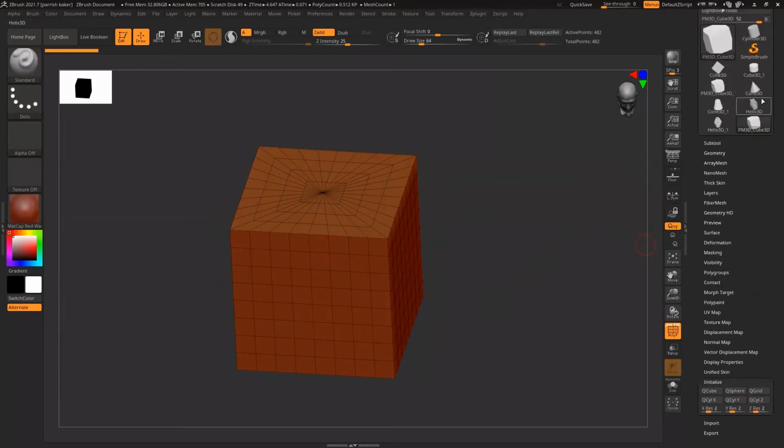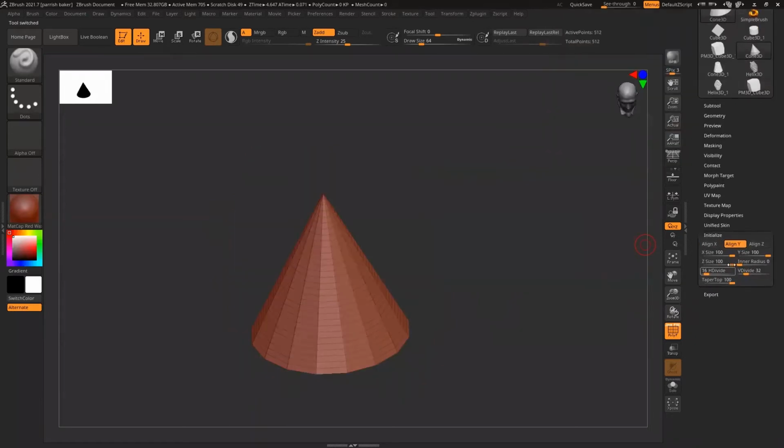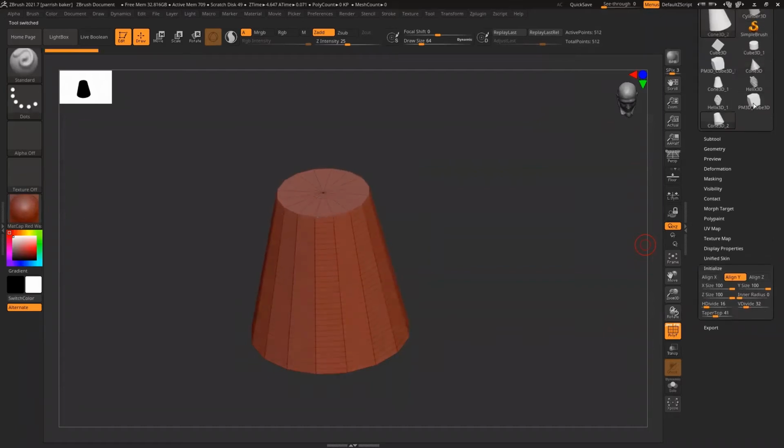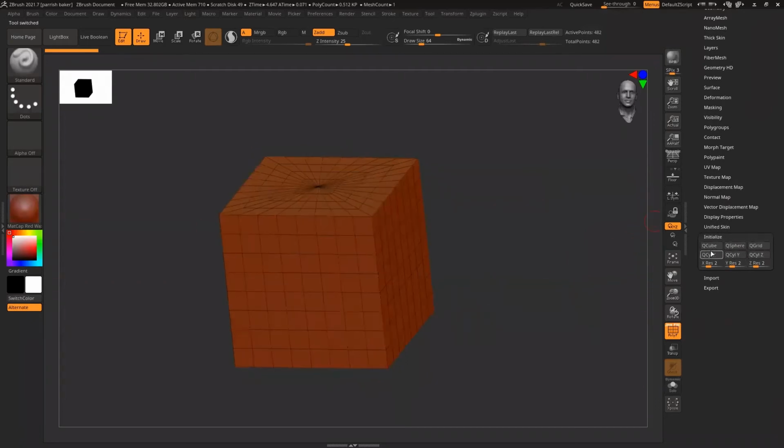So if I were to grab something that says 3D on it, like cone 3D, you can see that I have all of these sliders and things that we were just talking about, right? But if I go to something that says PM3D, it completely changes. Once I make it a polymesh, this changes. And so you'll see that it says Q cube, Q sphere, Q grid, and then I have Q cylinder, X, Y, and Z, depending on which way I want it oriented. So the Q stands for